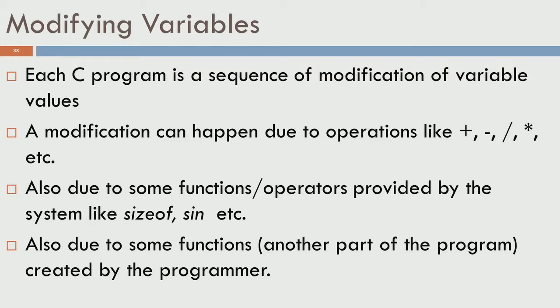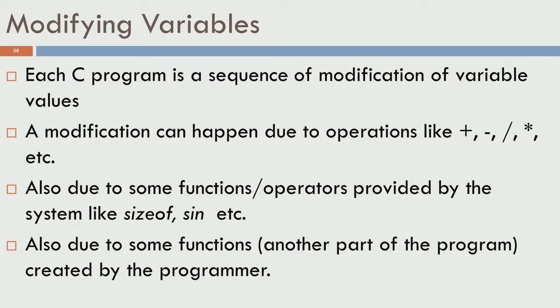We use the term variable because the value of a variable can change during the execution of the program. So, a program is essentially a modification of variable values. For instance, the variables a, b, c and d had some unknown values initially and they changed only when the user input those values. Similarly, P2, P1 and P0 were unknown values initially and they changed once the operations on the respective right hand sides were over.